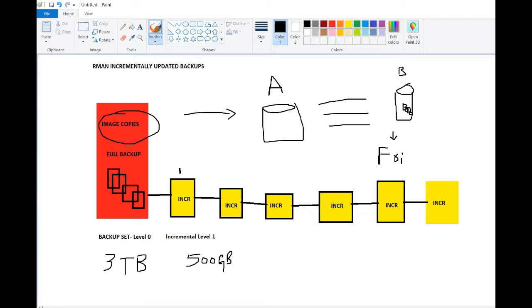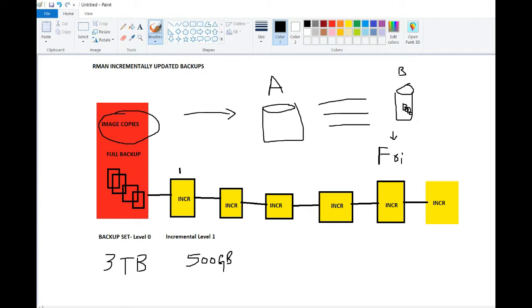Now what this incrementally updated backup concept is: for example, on the first day you have the image backup, that is the level 0 backup. It's just a byte to byte copy on Sunday.